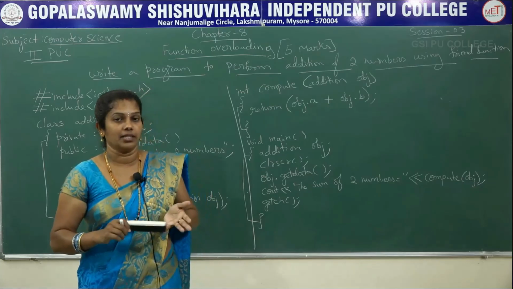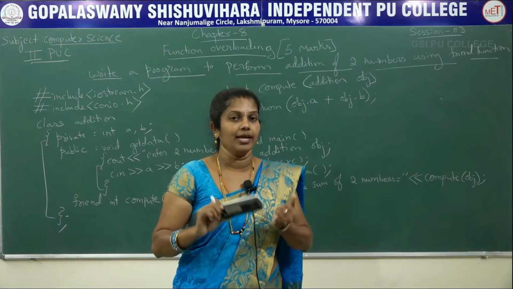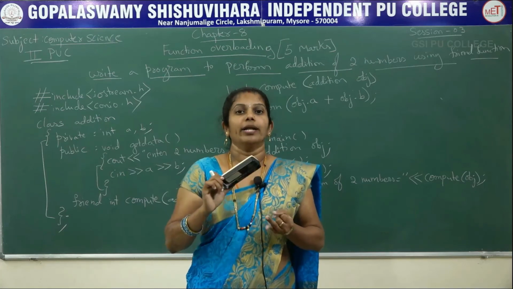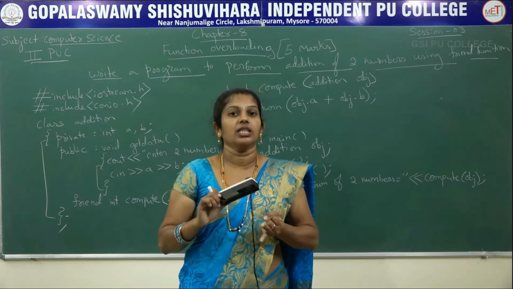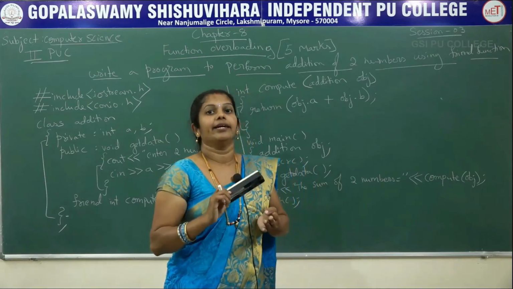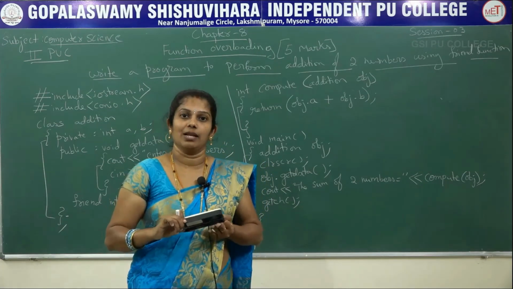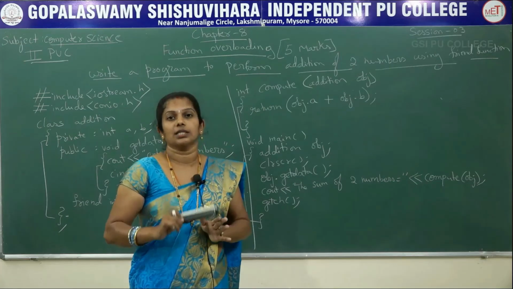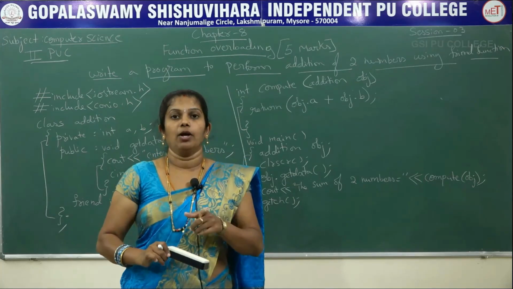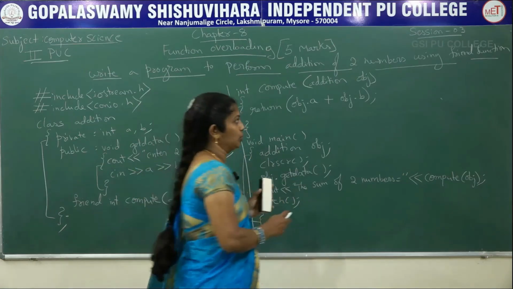Whereas in this chapter, majorly you have to study what is meant by function overloading. Main thing: function overloading, definition, advantage, disadvantage and then program. Whereas in inline function also, definition, advantage, disadvantage and program. Whereas in friend function, the definition, the features of friend function, syntax as well as example program. These are the things you have to study in this chapter. It's a very important chapter because for 5 marks, they will ask only one question in the annual exam. Once again I am going to recall the questions.